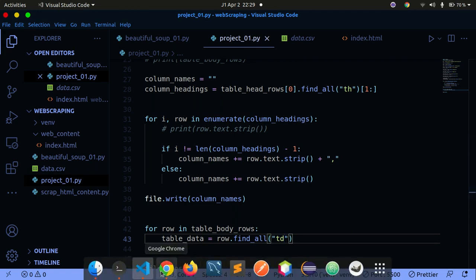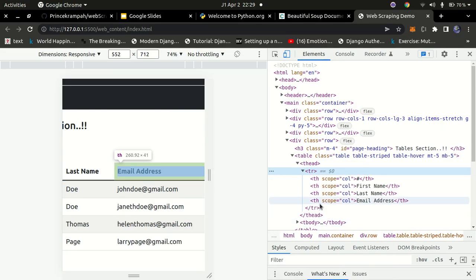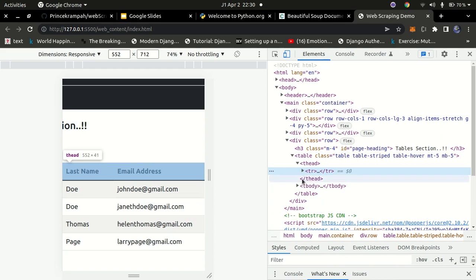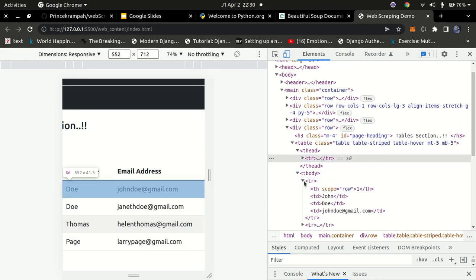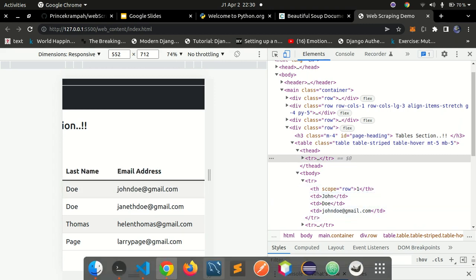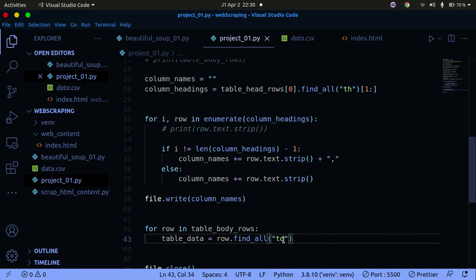If I go in here, I'm just going to explain it to you. We are done with the head tag, so I'm going to minimize this and go into the body tag. For each of those, you have different table rows, right? And each of those table rows has something called table data, which is this TD tag right here. So I want the TD tag. I don't want the very first one; I want from the second one until the last one. That's what I'm trying to do here. I'm going to get all of the table data, and then I'm going to go ahead and store that inside of our